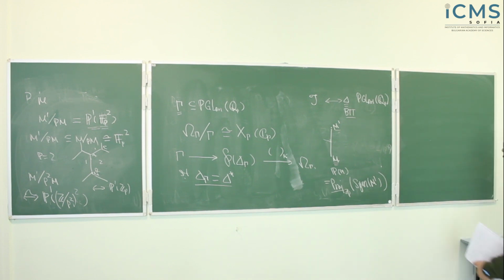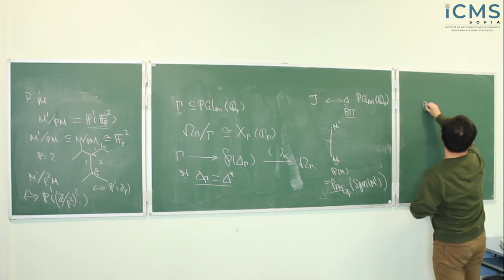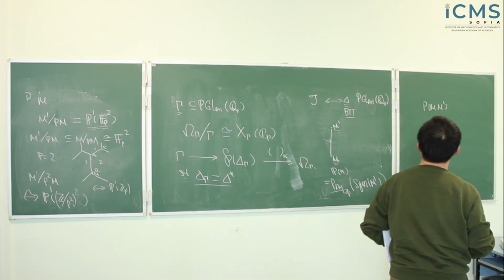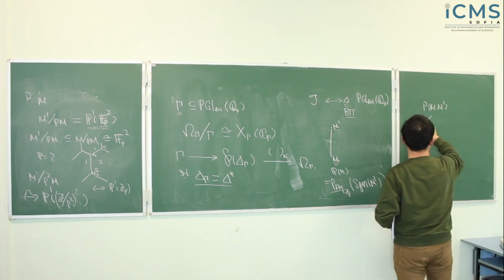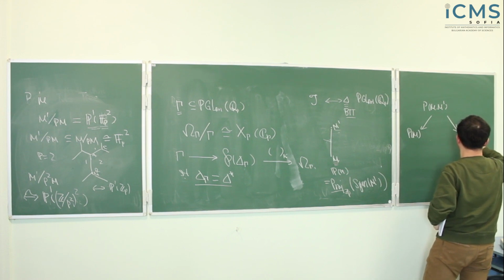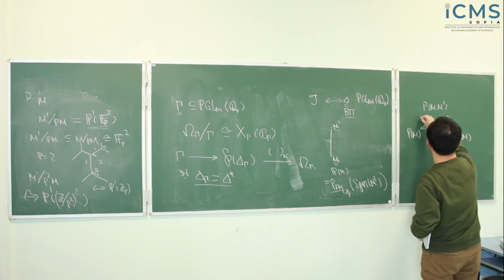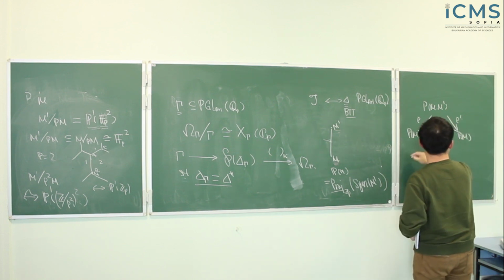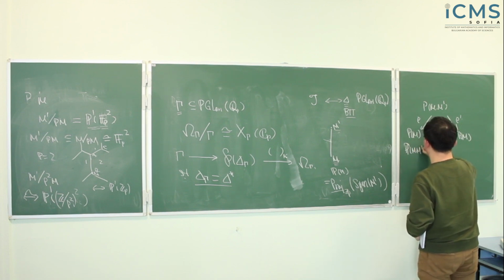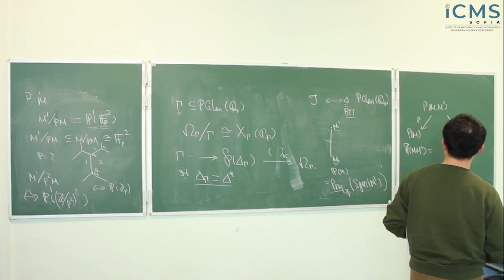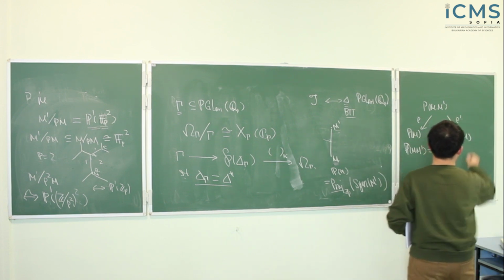Okay, so now we can define the associated projective space, here P_M and P_M prime, such that here's rho and here's rho prime, and P_M prime is defined as the image of